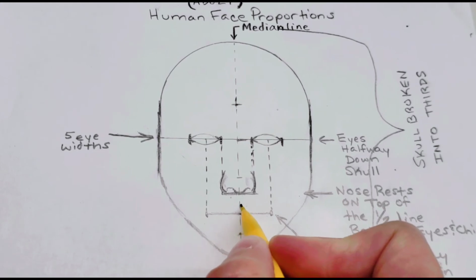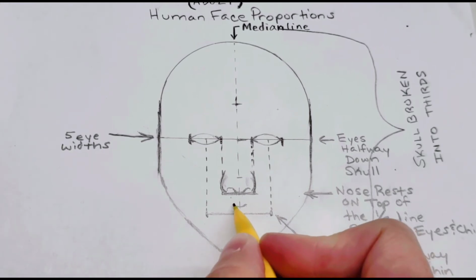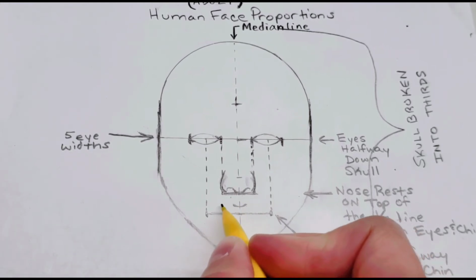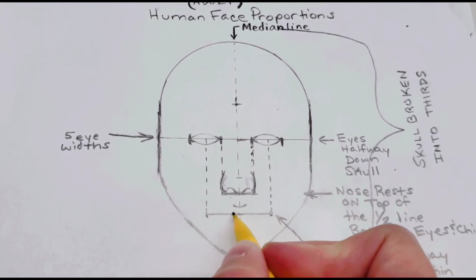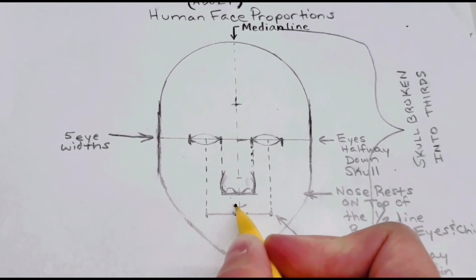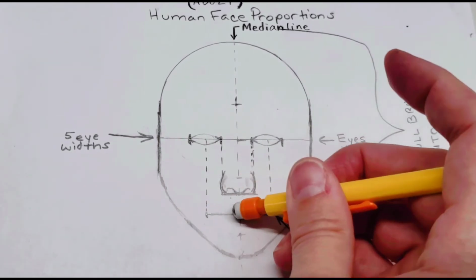Generally, most people's will curve down right underneath that spot, and our median line is there, so we can make sure we center this. This is the little Cupid's bow right here, and it curves down. Now, the top lip also has where it pooches down right there underneath that. So notice how they are similar shapes,